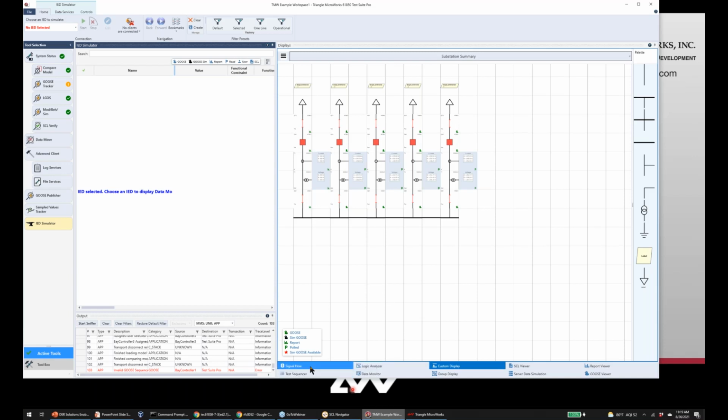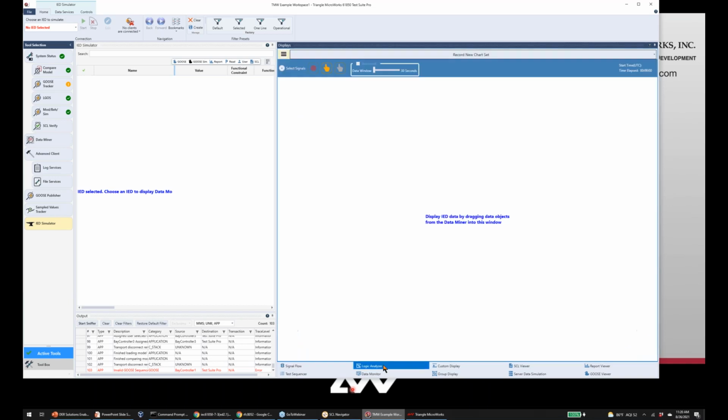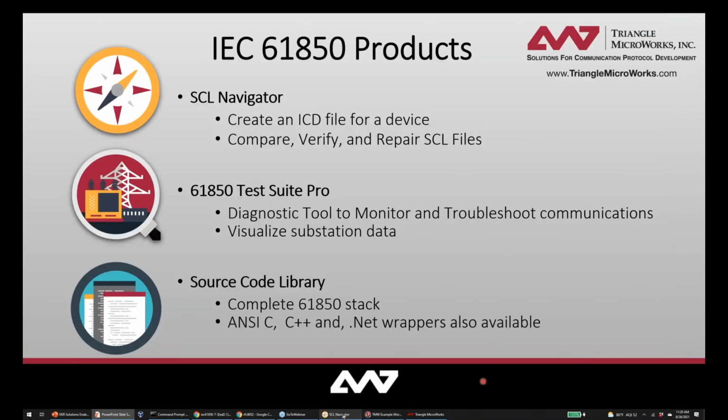We've got a signal flow analyzer. We can drag data out of the data model and set up dynamic displays here. As events happen in the system, we can track those in real time. Similarly, there's a logic analyzer that allows that data to be placed and viewed easily. We've got viewers and report viewers over here that allow for seeing the communications on the wire. So again, Dipthi will look at this a little bit more in the demo, but that's the highlights of that product.